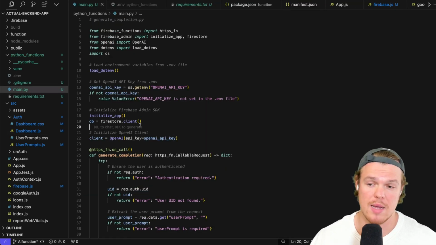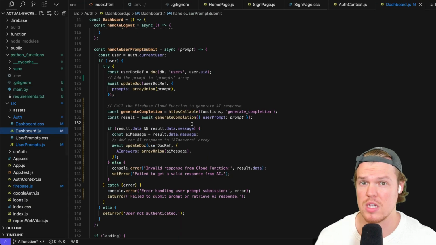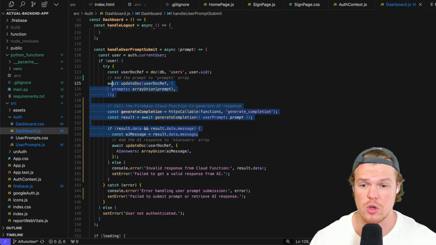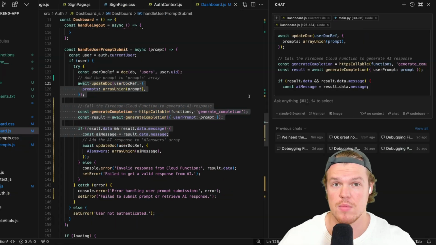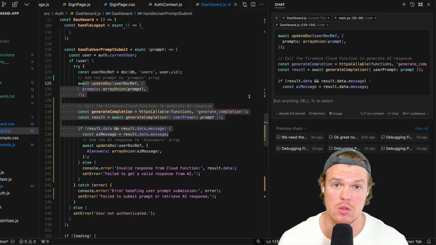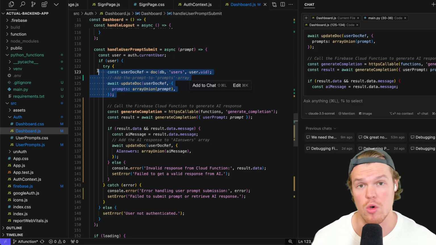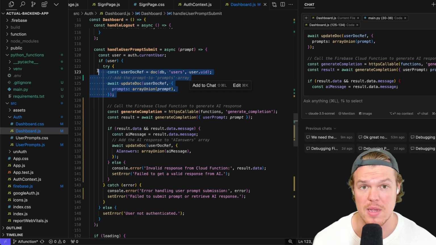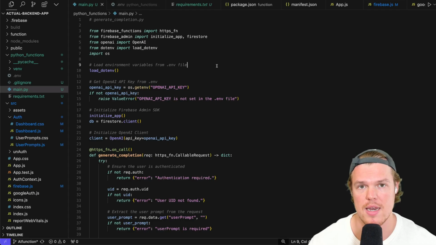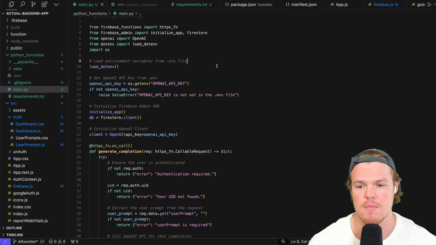Quick side note, the reason I'm describing the code how I am right now is for you to talk to Cursor AI if you need to with Command L, and simply put the words I'm using into those chats to really get the best kind of outputs. For example, the code right here when referencing the path and how we want to store it. Or earlier when I was talking about a scalable database, making sure that this data is stored as a doc rather than an array. Coming over to our main.py here, everything will stay the same except that